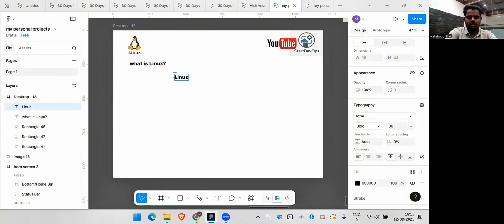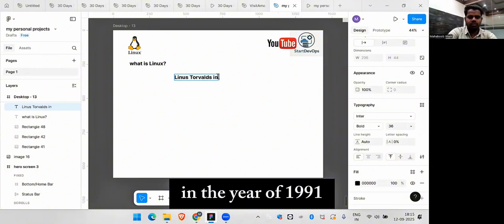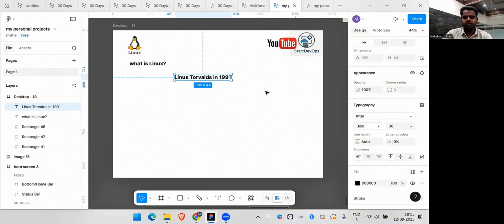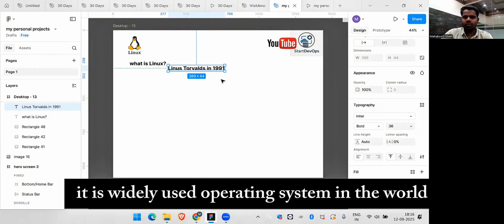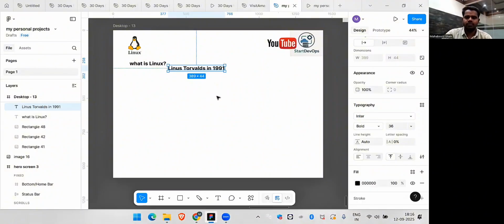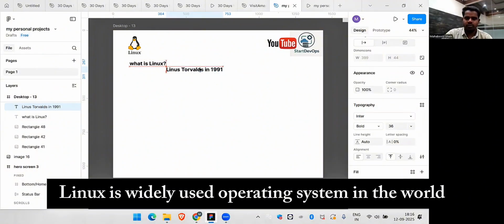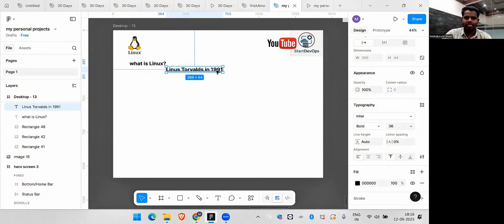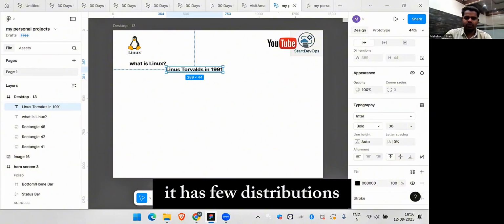in the year 1991. It is a widely used operating system in the world. Linux is the most widely used operating system in the world. It has a few distributions